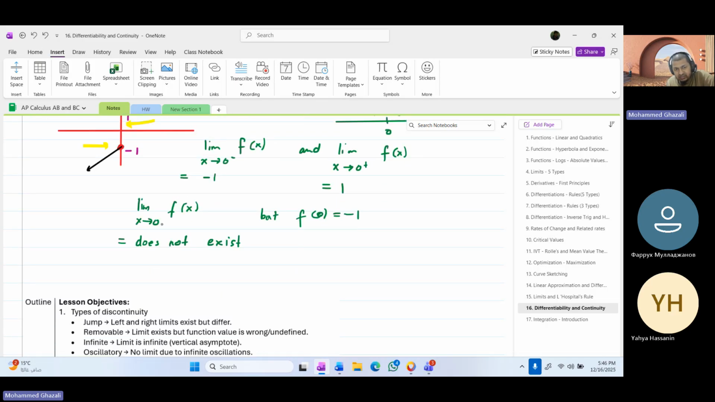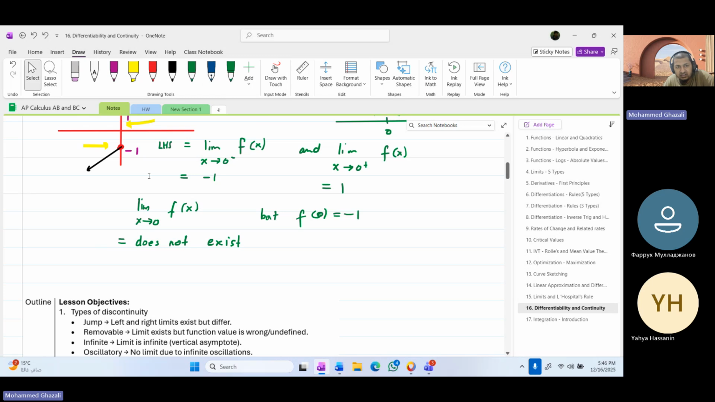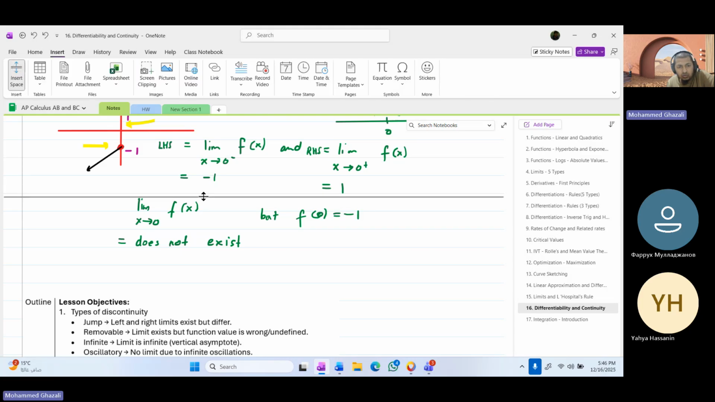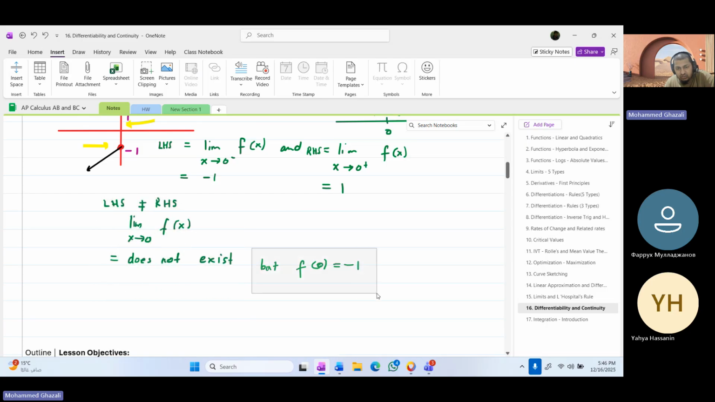Why? The limit as x approaches 0 does not exist because the left-hand side limit is clearly not equal to the right-hand side limit. Left-hand side is LHS, and call this RHS. So why does this limit not exist? Left-hand side is clearly not equal to right-hand side limit. Instead of writing out this whole thing, I'd rather write this down. And you see the type of discontinuity you see here, you say,